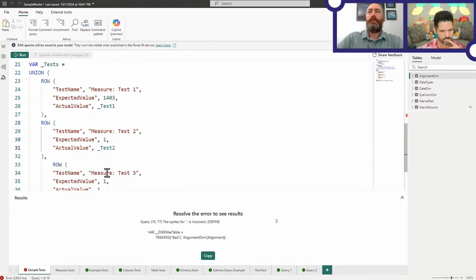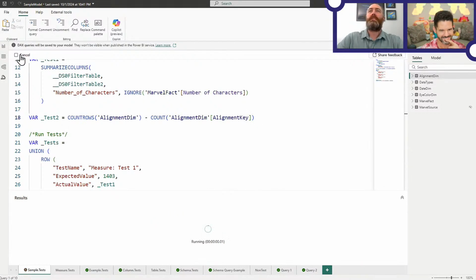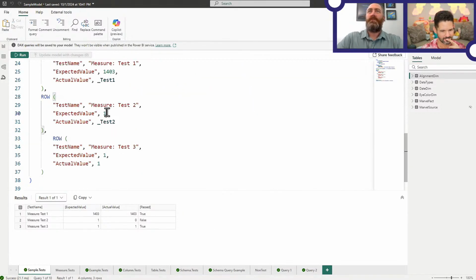When I run it, I had an error somewhere. Oh, there's that extraneous comma. It's always the commas. And now I've got a test that makes sure that there's no nulls in alignment key,